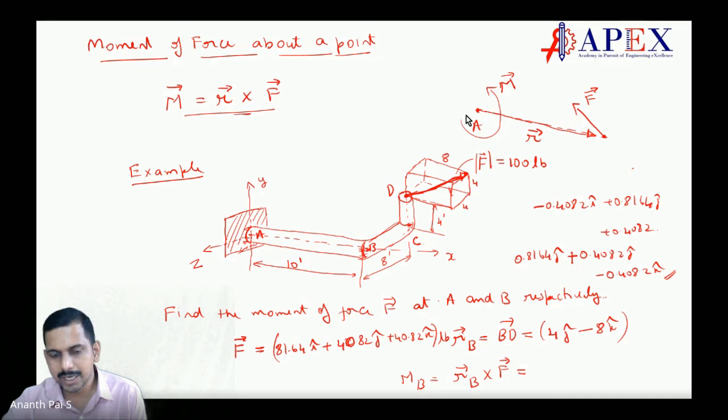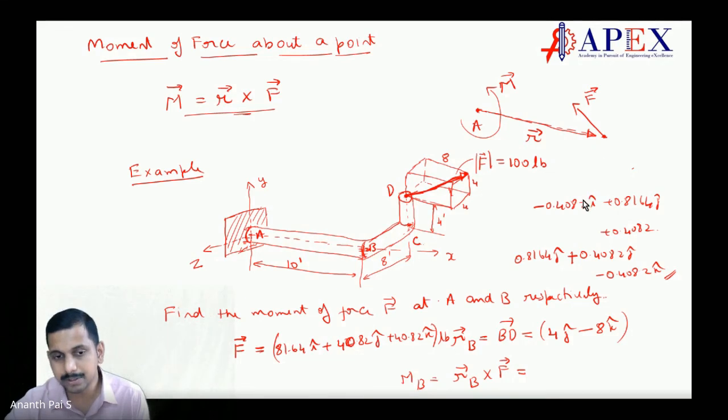See, how did I define the moment of force? M is equal to R cross F. So when I take R, it is the vector from the point about which I have to take the moment to the point where the force is acting. That vector is R. Make sense? Positive or negative doesn't matter, right, sir? It depends on the axis we took. Yes, it depends on the axis.